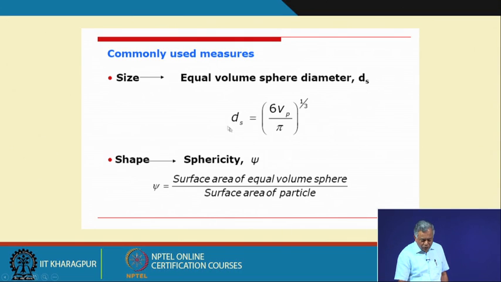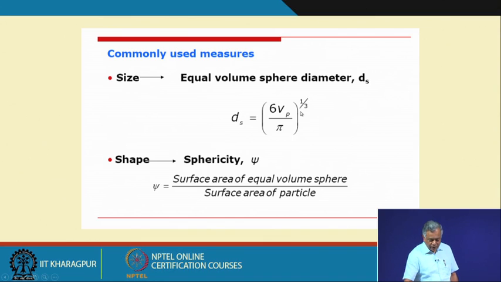That means you have the ds, the equal volume sphere diameter, ds is equal to 6 Vp, that means how much volume of fluid you have displaced with that irregular shaped particle, divided by pi, to the power 1/3,